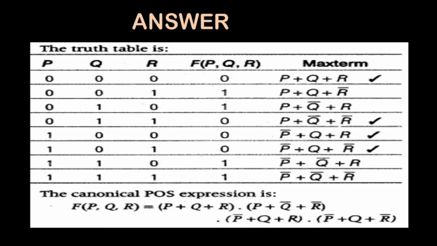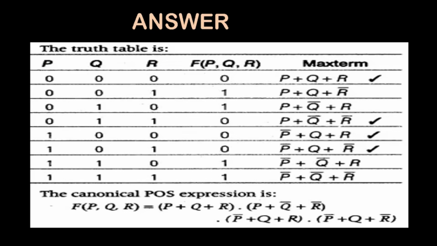Now we are going to take only the 4 max terms which have the output value 0 in 4 rows. The canonical or standard format indicates that each and every max term should have all the literals. You have to check whether it has all the literals. So we have 4 max terms here, and we are going to find the product of these 4 max terms. That is said to be product of sum. The sum is a max term, which I did separately, and we find the product of all these 4 terms. So this is the canonical product of sum expression.